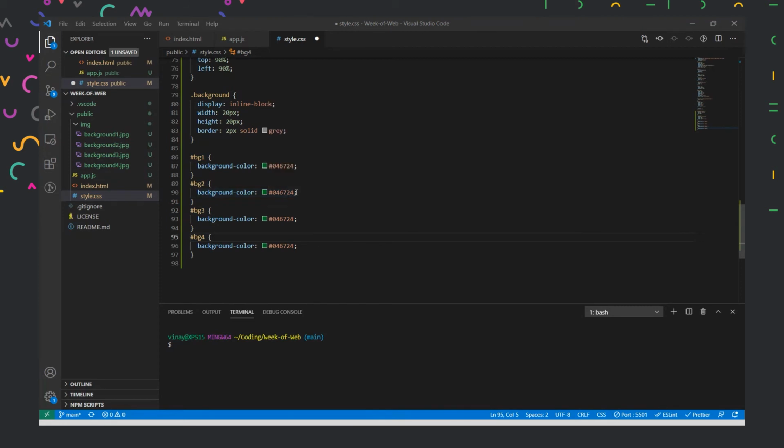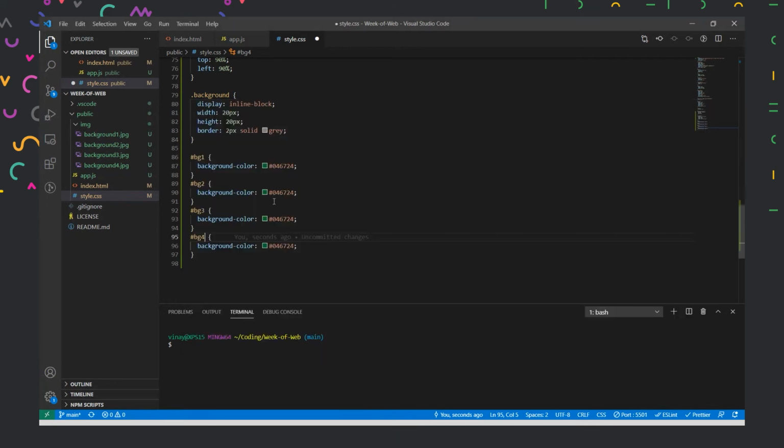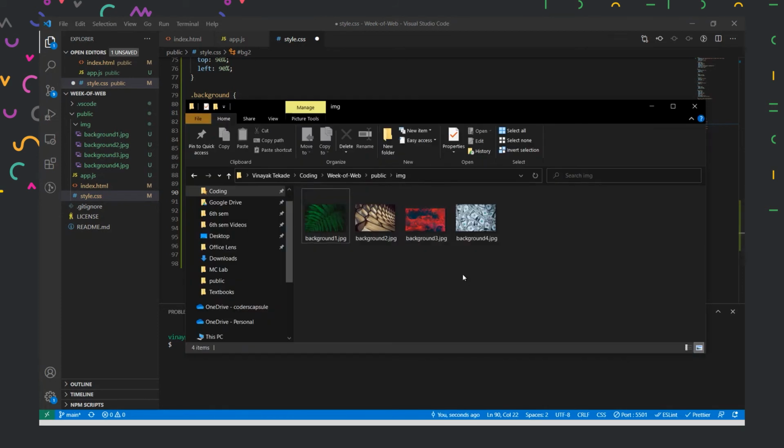And now let us select our image 2 as well. So for our image 2, we have the color somewhere over here. And then I'll add this color over here. So now I have to remove one hash from here. Now we have the yellow color over here. And now let us select the red color.